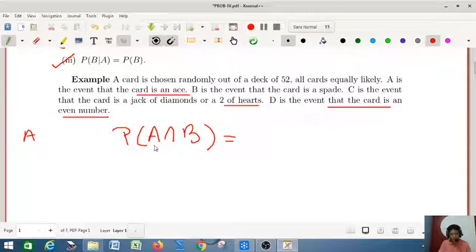So what is the meaning of A intersection B? That means the ace of spades. If you combine these two, the meaning of A and B is ace and spade, and that is only one possibility. So the probability of this is 1 by 52, right? 1 by 52. And you see, this is equal to, you can write,